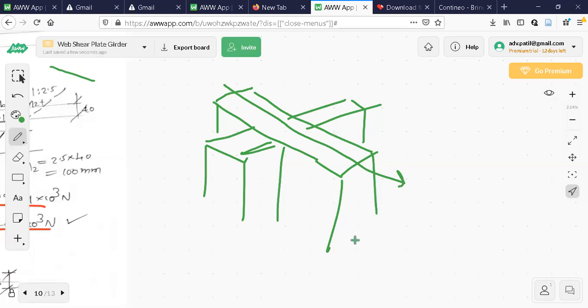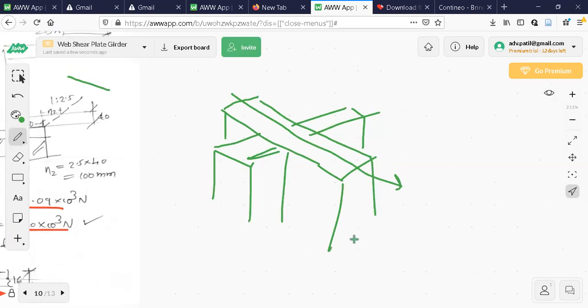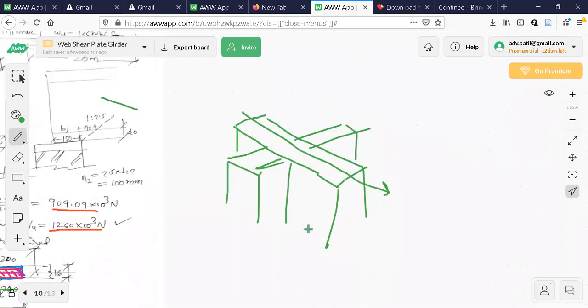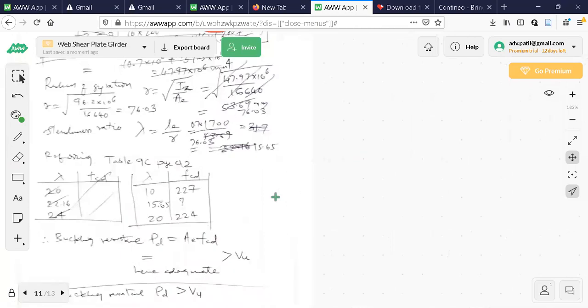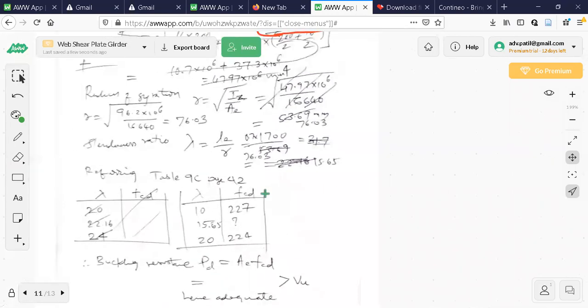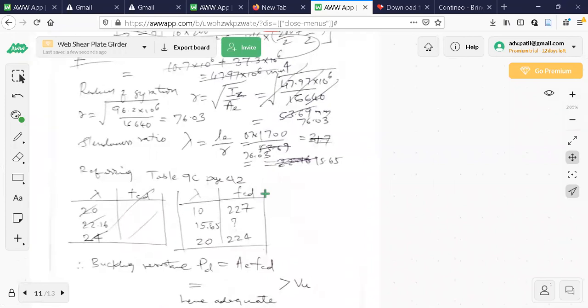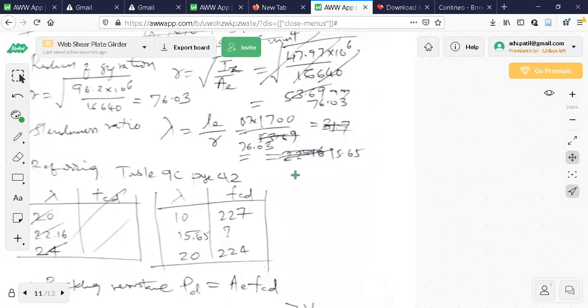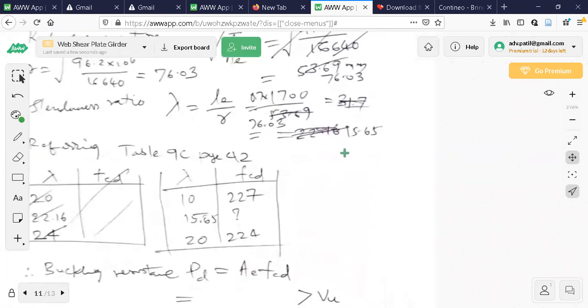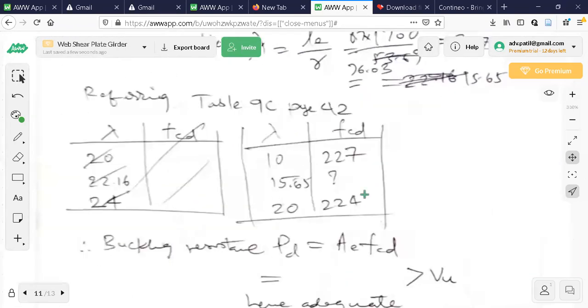So what I have done here is, as per the code book, I have to multiply by 0.7 to get LE. So the slenderness ratio will be calculated now. Observe this one here. It is an imaginary plus column of height 1700. Effective height is 0.7 times that. So lambda is equal to LE by r, 0.7 into 1700, divided by r, 15.65. This is what I got as the slenderness ratio.